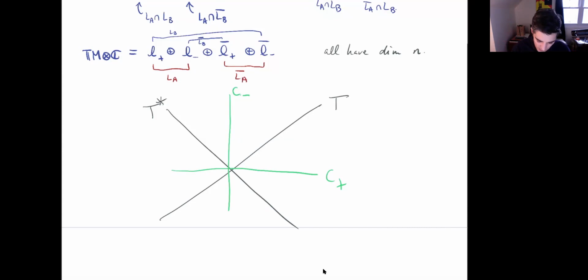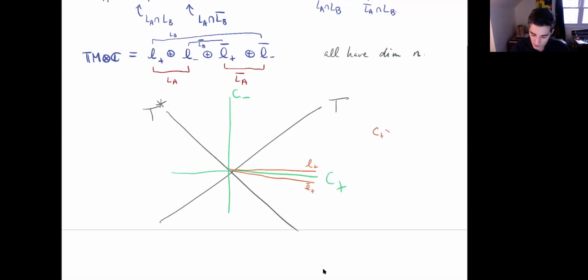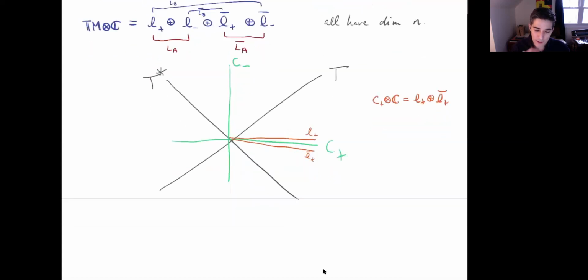So it turns out that C plus secretly is decomposed into L plus and L plus bar. If you complexify it, so C plus complexified, this will be L plus, L plus bar. You can check this by doing the following thing. You could say,